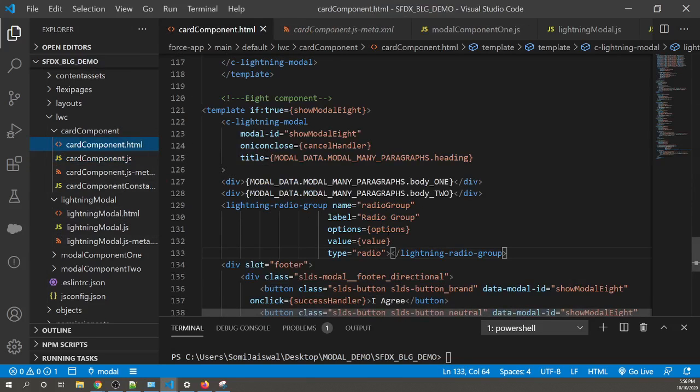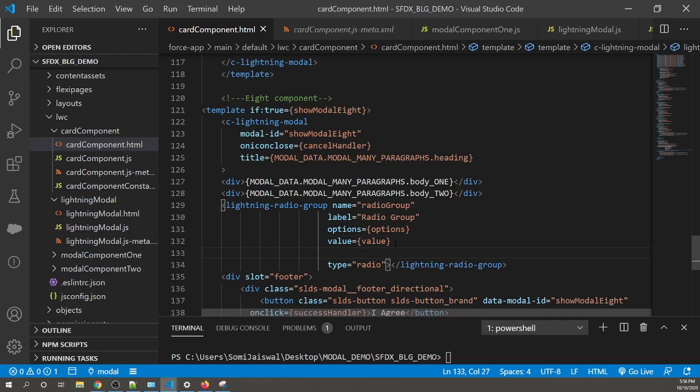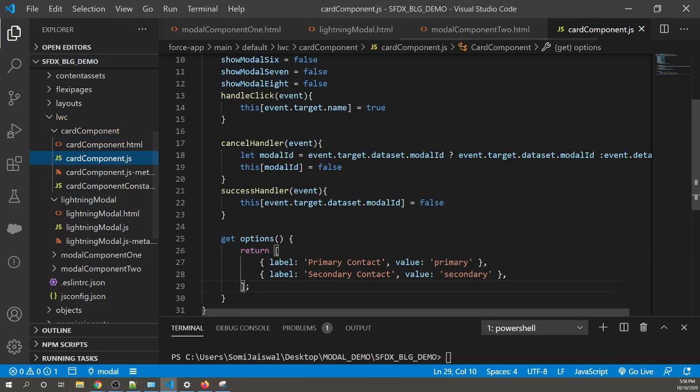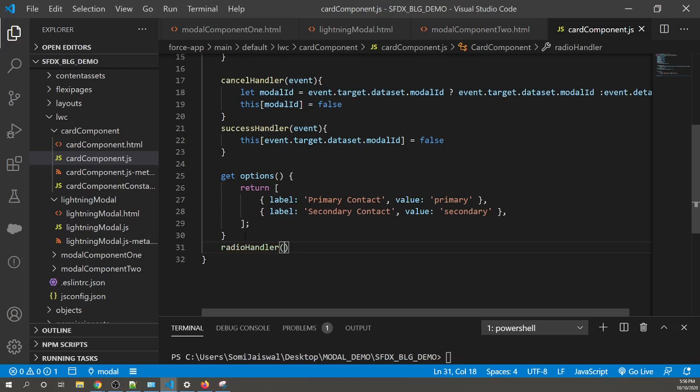And on click of the radio button, I want to show what he has selected as well. So I'll add some handler. It's going to be radio handler. So I'm going to say on click, on change actually in case of radio button. I'll say radio handler, and here I'm going to create the radio handler method that will print the option that we have selected. So it will receive an event, and I'll say